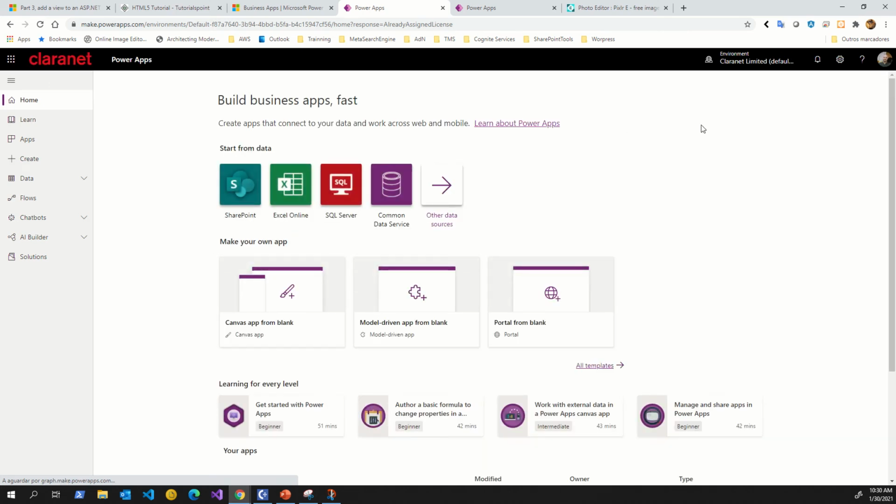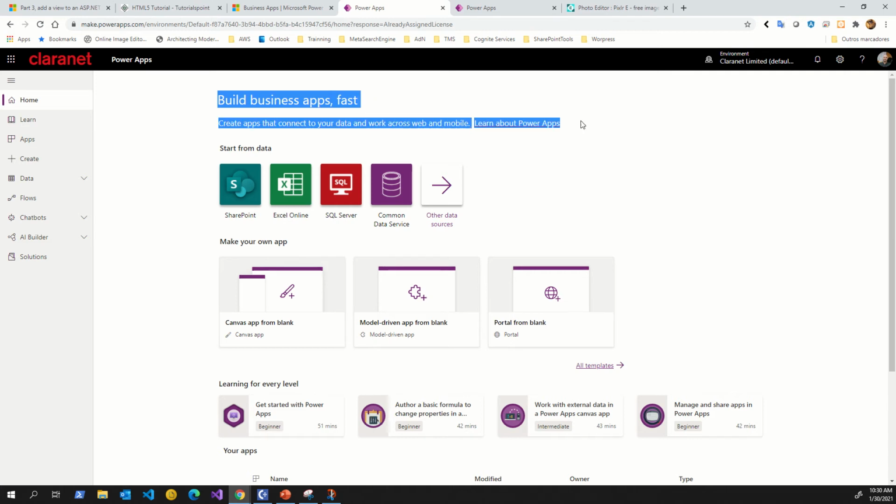So this is the interface to create a Power App. A chatbot app is possible, but I will talk about this in advanced mode later. What to make your own app? For example, build apps faster. Okay, so connect your data and, of course, begin to design your application. And no skills needed. Okay, no developer skills needed or anything related. What you must know, for example, is Excel, SharePoint, and other common data services, for example, Access, SQL Server, or something more or less like that. For other advanced topics, you must read a little bit, and after that you will accomplish